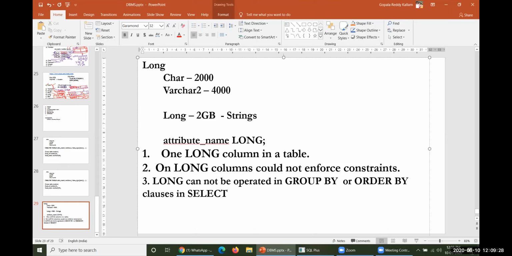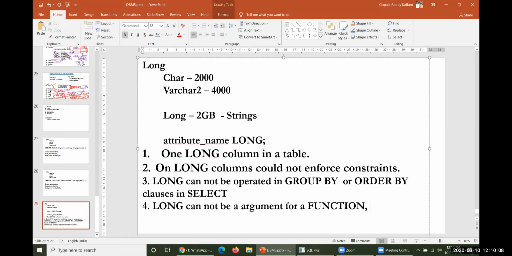And the fourth one: in future you may learn about PL/SQL. In PL/SQL, you have the facility to create many functions, procedures, packages, triggers, or cursors. Many other kinds of operations are stored or created by you. Long cannot be a parameter or argument for a function.